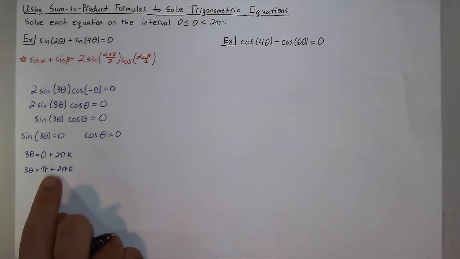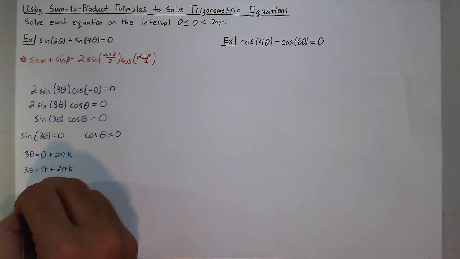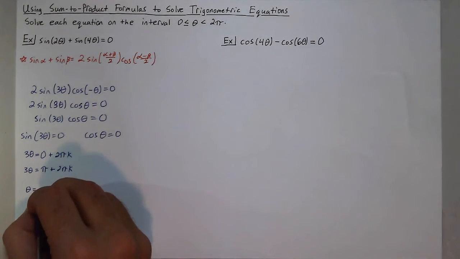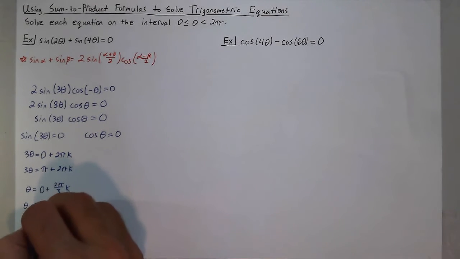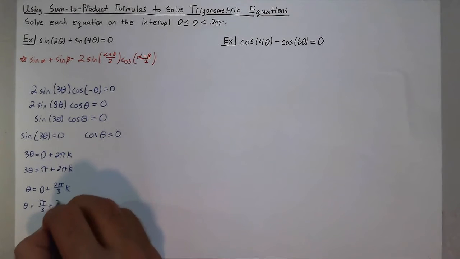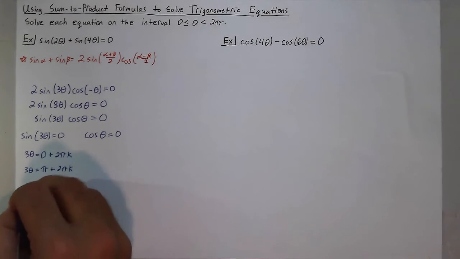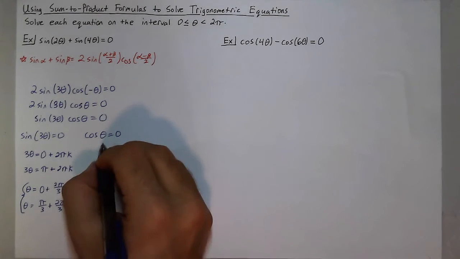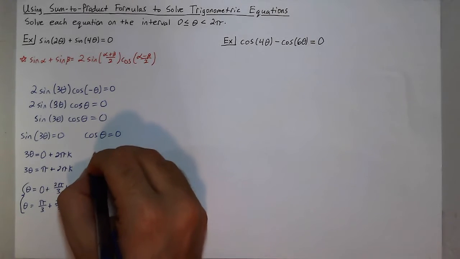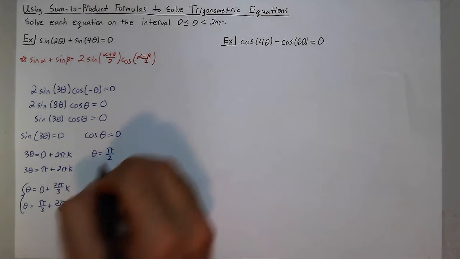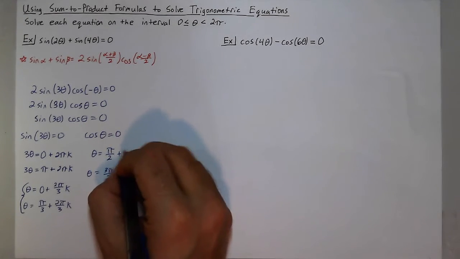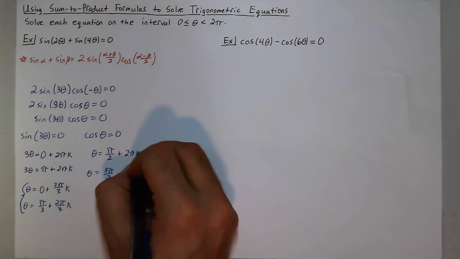And to finish out those general formulas, I can divide each of them by 3 just to get what theta is equal to, since that's what I'm solving for. So I get theta equal to 0 plus 2 pi over 3 k, and theta is equal to pi over 3 plus 2 pi over 3 k. So these are two of the general formulas. Now for cosine, it is equal to 0 at the quadrantal angles pi over 2 and 3 pi over 2. And since cosine is also a periodic function, we can put plus 2 pi k to list out all solutions,